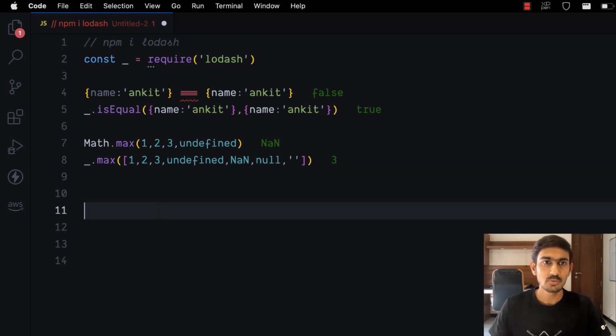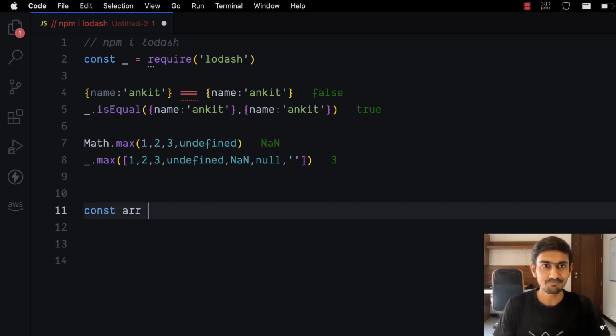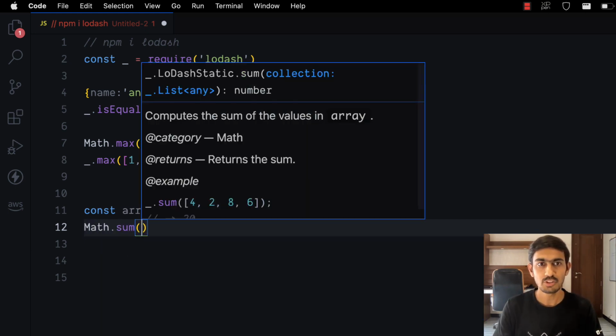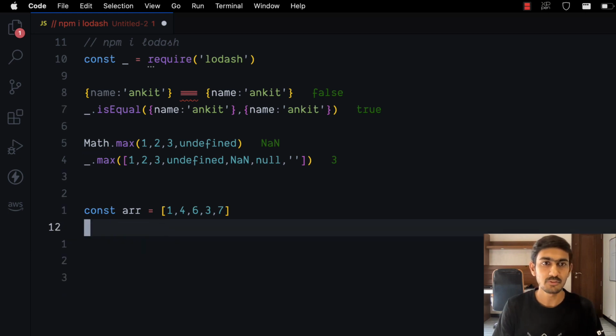Now this was _.max. So let's say you want to find out the sum of some numbers. Let's say constant, you have some numbers with you and you want to find out the sum of these numbers. Now there is no Math.sum which comes with JavaScript, so there is no function like that,